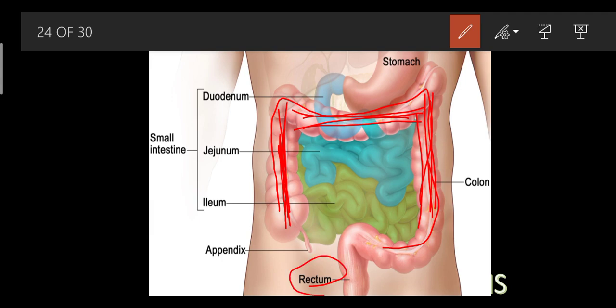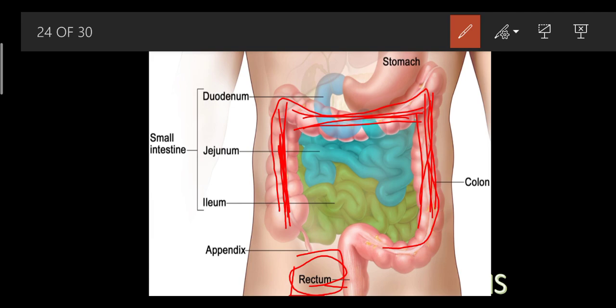What is a rectum? Rectum is a place where there is storage. Whenever we eat food, it does not get expelled out of the body directly. It gets stored in your body for a longer period of time. So who stores that food for that time? This rectum. Rectum is the place where the temporary storage of food happens. The food gets temporarily stored there.